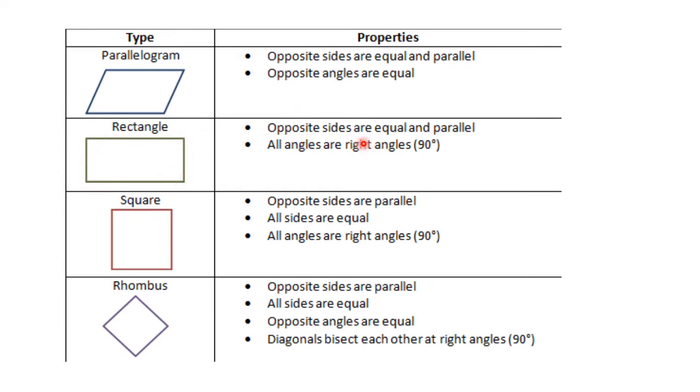Rectangle: opposite sides are equal and parallel, all angles are right angles. A square: opposite sides are parallel, all sides are equal, all angles are right angles. And rhombus: opposite sides are parallel, all sides are equal, opposite angles are equal and the diagonals bisect each other at right angle, that is 90°. Okay,